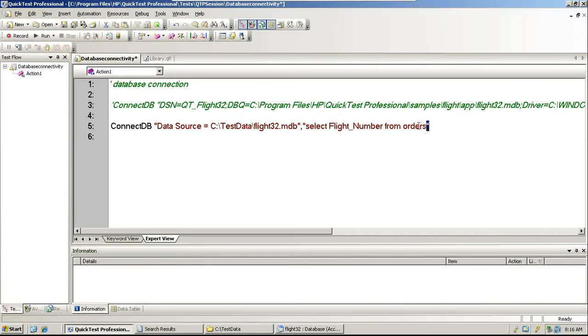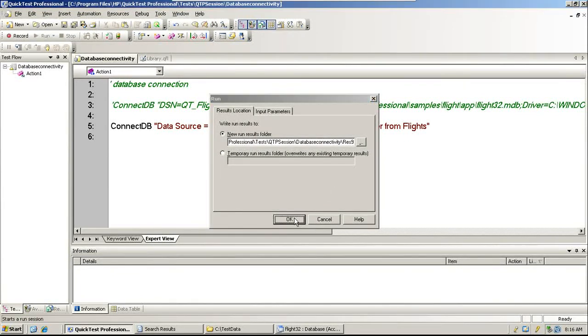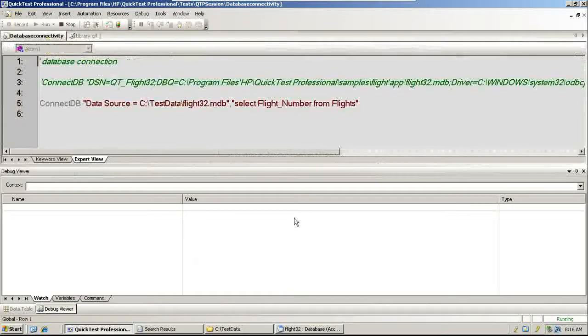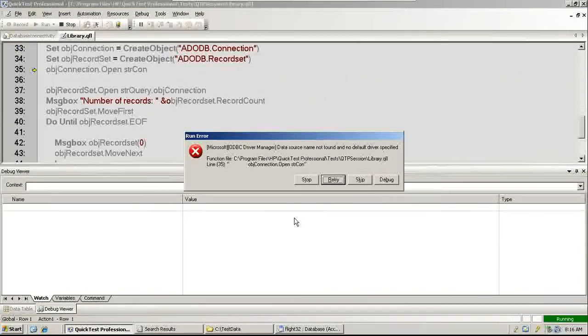Hold on. What is the error? Data source name found and no default driver specified.